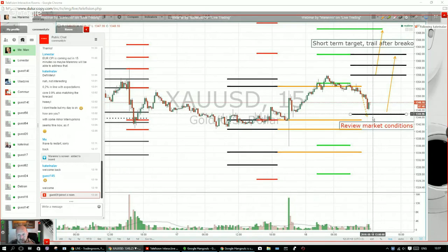So for now, we are just waiting to see what the next candle will show us, then a limit order at a distance of, let's say, 50 cents from the close of the next candle will be all right. And the stop loss just below this level here, in case the price continues its downward movement. But we must see a confirmation. If we are considering it to be a reversal pattern, the next 15-minute candle has to be closed, which is in 7 minutes now, it has to be closed